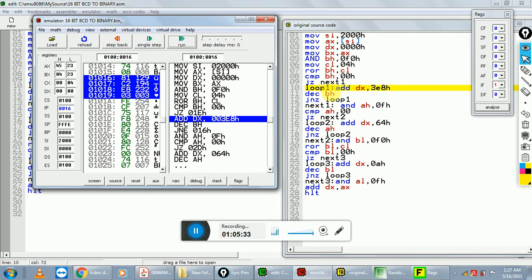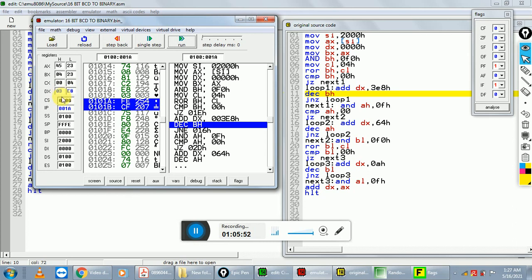The next instruction is loop. This is a label. Loop 1 is the label. The next instruction is ADD DX comma 3E8H, which means in the DX register add this number 3E8H. This is your 1000 written in hexadecimal.